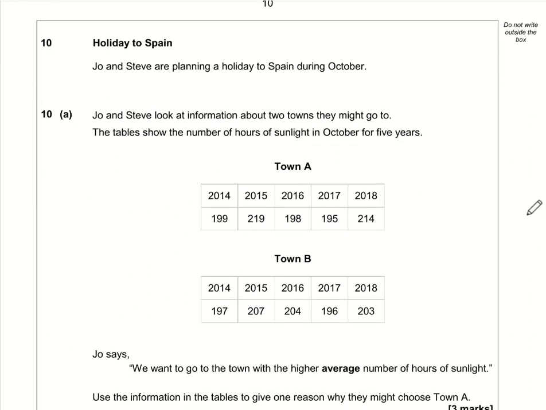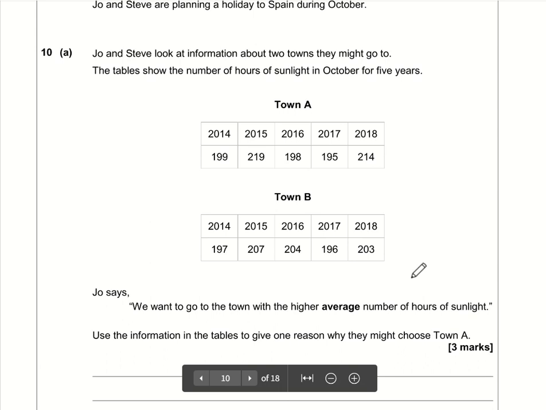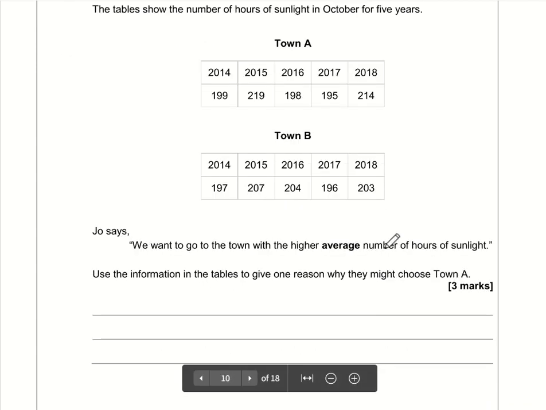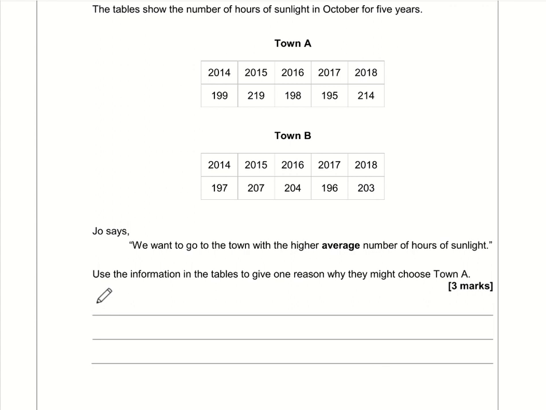Okay, on to question 10. So Joe says we want to go to the town with a higher average number of hours of sunlight. Give one reason why they might choose town A. So normally when I work out the average, I'm just working out the mean. So let's go for the mean of town A. That's going to be all the values added together. So 199 plus 219 plus